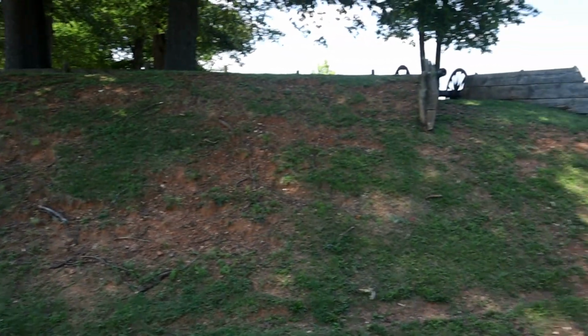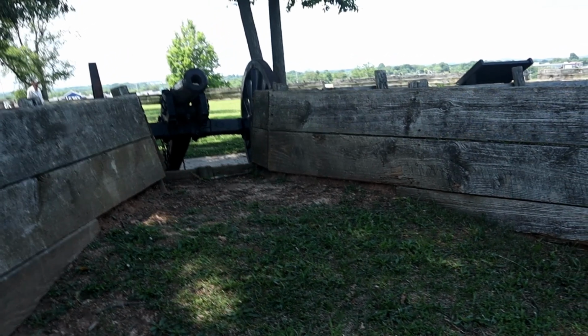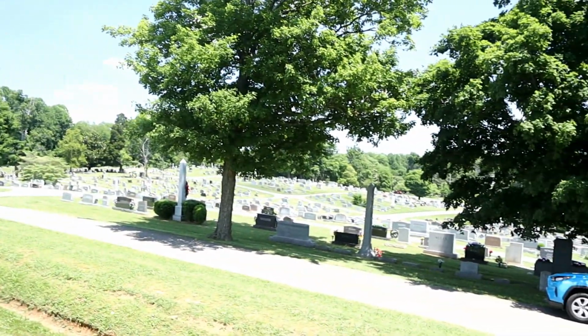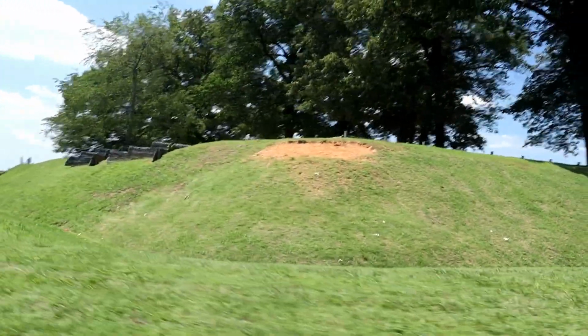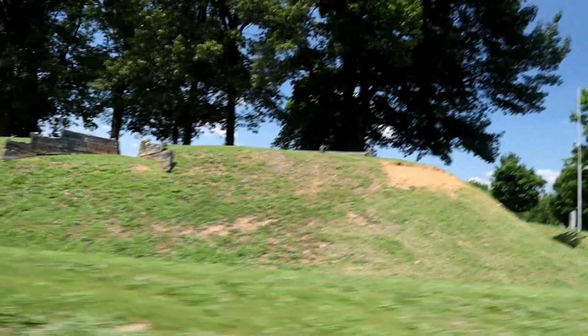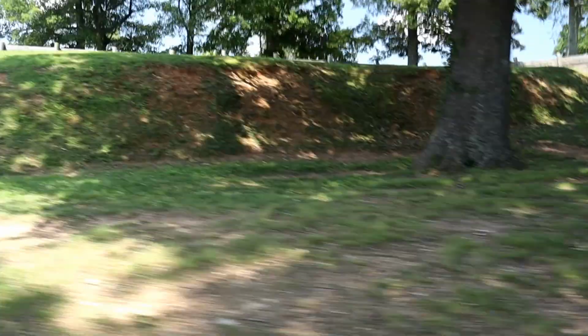Fort Williams was ordered constructed in Glasgow in the spring of 1863. It was during the spring and summer of 1863 that the Union Army began to build defensive works at strategic points in Kentucky to defend transportation networks and supply depots in the Commonwealth from Confederate raids. The fort was constructed under the supervision of Lieutenant Miles McAlister. It was constructed in such a way to be able to withstand attacks from all sides. It was armed with 24-pounder and 6-pounder cannons. The fort had several names, but it was finally officially named Fort Williams in November of 1863 in honor of